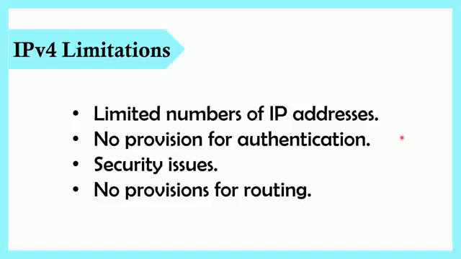Although there were new ways invented to conserve bandwidth and IP addresses to restrict the depletion of the addresses. Variable length subnet mask, classless inter-domain routing, network address translation and port address translation were devised to overcome the IP shortage issues, in which the private IPs are translated into public IPs so that the users can also connect to the internet.